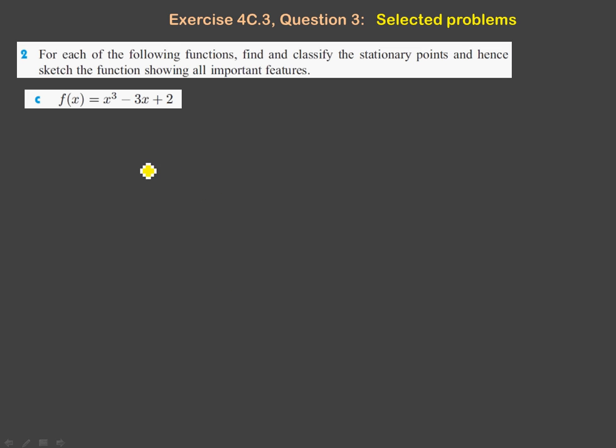Okay, this is the tutorial for question 3 from exercise 4C.3. By now you should be quite familiar with the sign diagram and probably okay about using it to find maximum, minimum, and so on. For this question, we'll try to classify all stationary points and then sketch the function with the information that we obtain. First, get the slope function